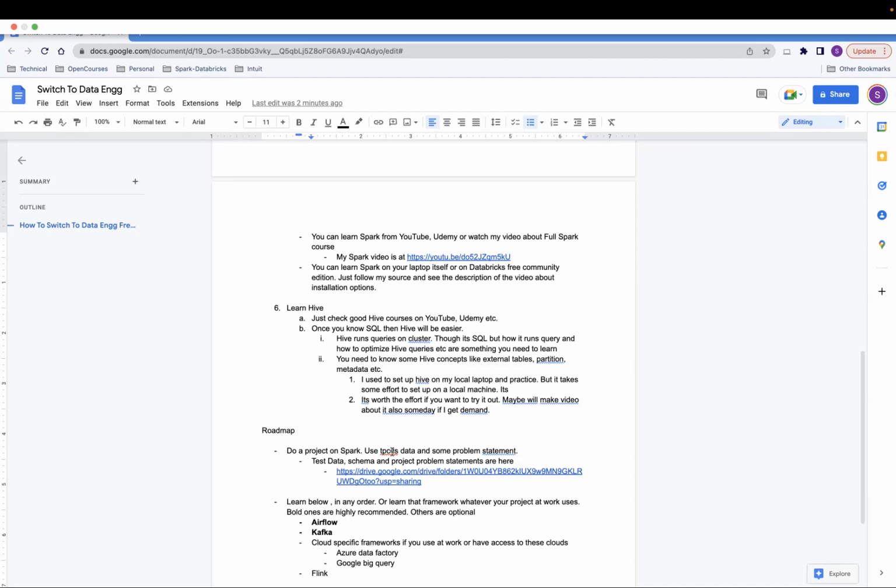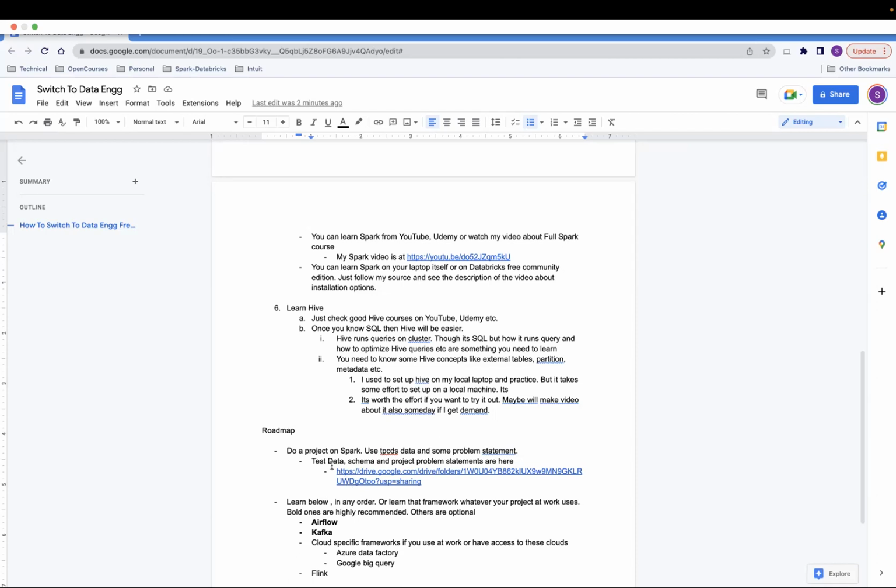So you can go through that and use that tool to generate the data. They will ask you, you want to generate 1 GB of data, 10 GB, 100 GB, 1 terabyte, 10 terabytes. I think 10 terabytes they provide. I think they provide for 100 terabytes also. So if you really want to practice some code, then you can either go there, or the other option is that